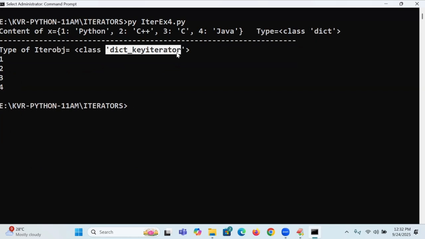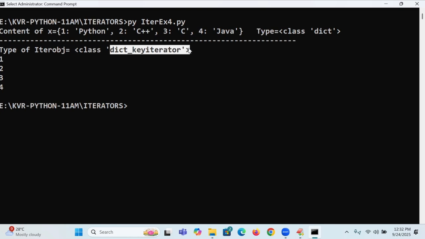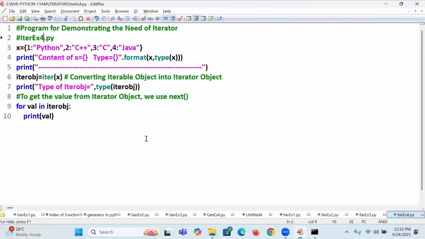Before typing only, I'm telling you, like that practical complete exposure is required. What you speak, what you see, what you listen are completely different. You are at a junction and you don't know which way you need to go. That's why everything should be crystal clear. Now, are you able to follow? 1, 2, 3, 4. Dict underscore key iterator. Now got the data.